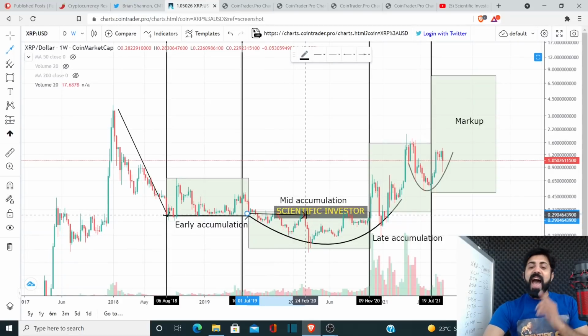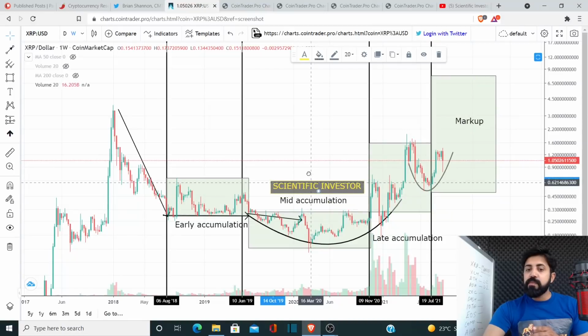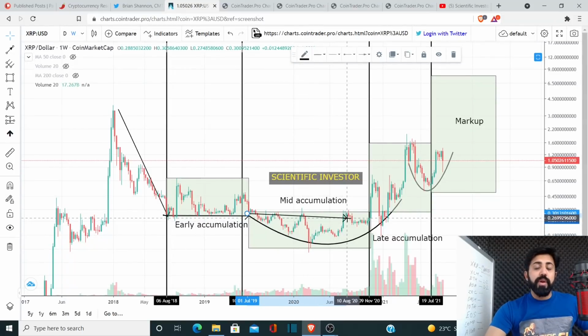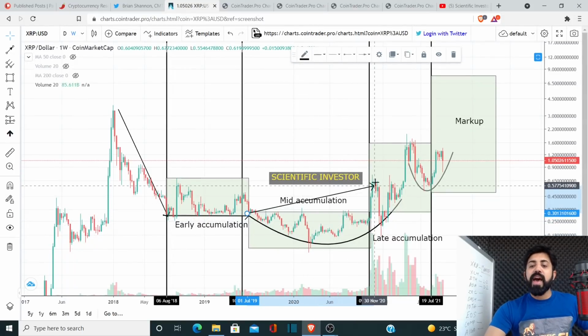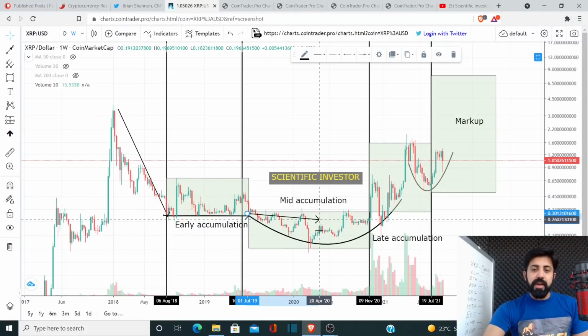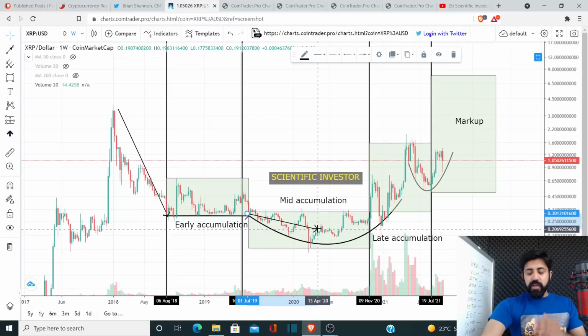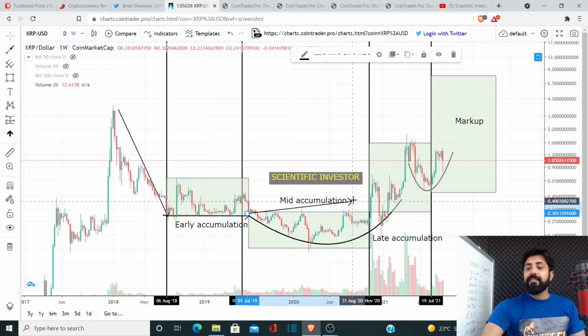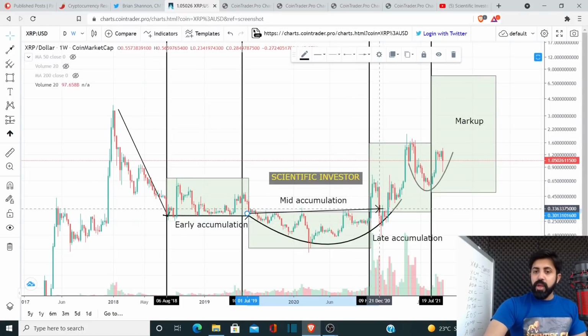But what you have to understand is that whenever it bounced, it bounced to that same roof. You see this? It bounced to that same roof. And then it broke above that. It came back, retested it and went up. Now, that was the area of mid accumulation where most of them were getting close to the bottom of the market cycle. Now you have the late accumulation where people are still coming in, still accumulating